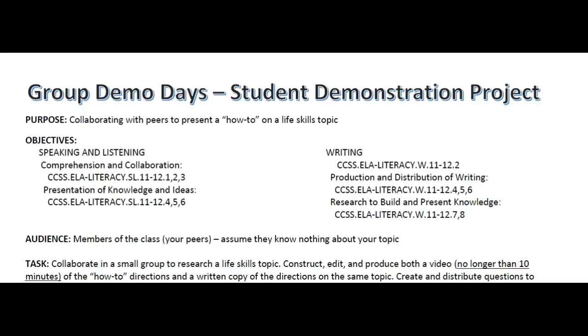Okay, here we go. The Group Demo Days Student Demonstration Project. The purpose and objectives are here. Basically, this is your chance to do a how-to while working in a group. You can look at the objectives under Common Core Standards in this unit in our Moodle, and I'll show you